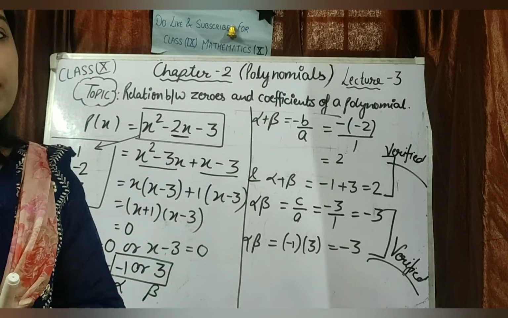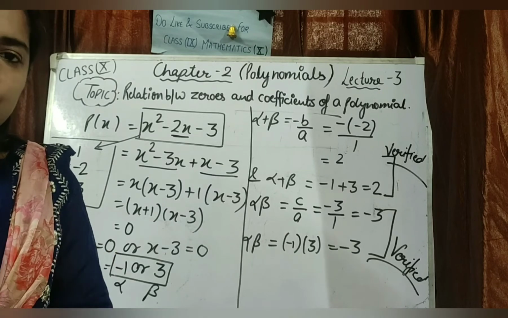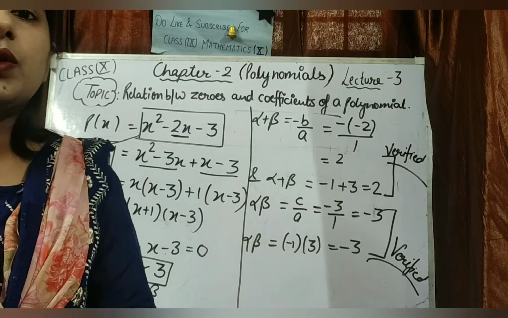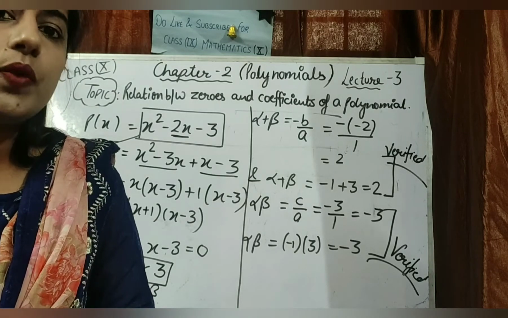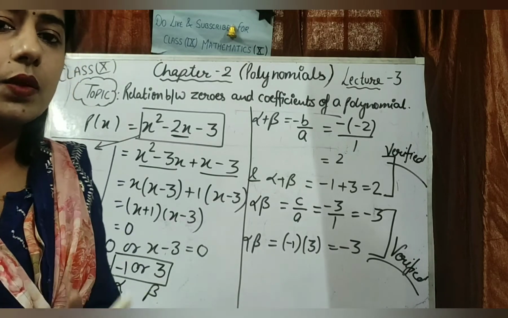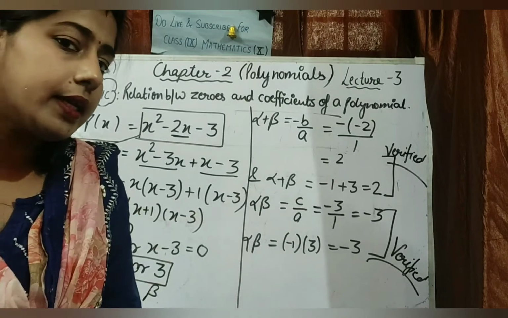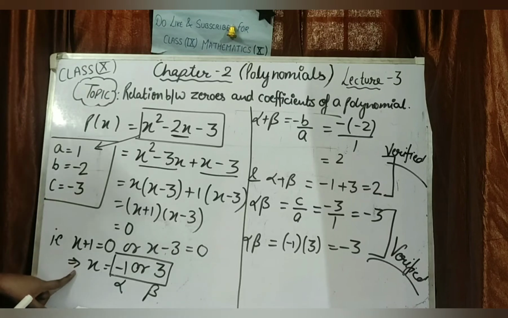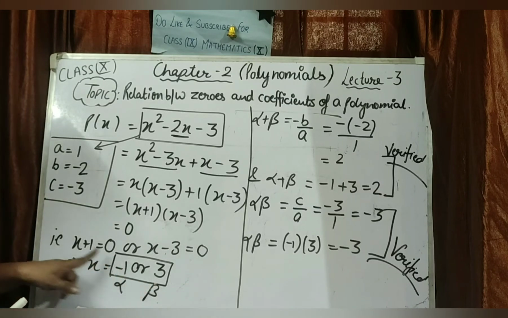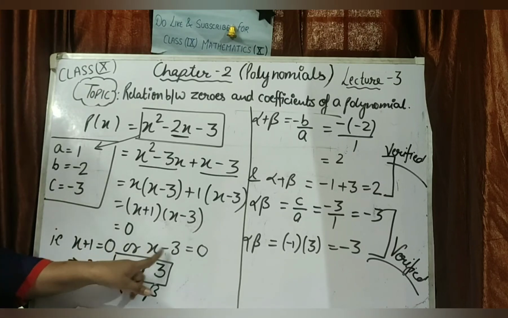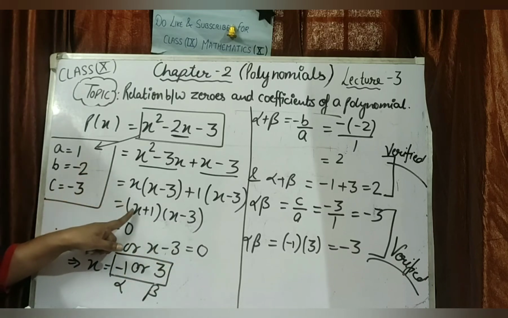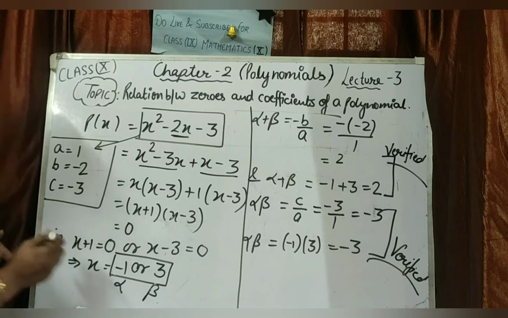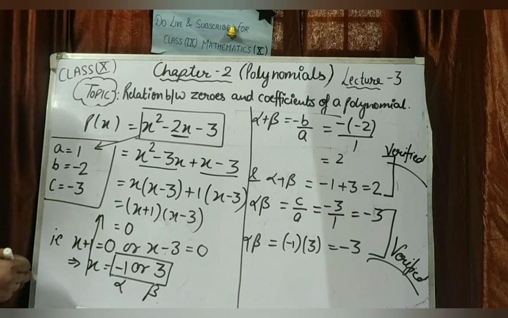Now we have one more equation. Actually, whenever we need to find a quadratic polynomial whose zeros are alpha and beta, we can directly find it by using this equation. So have a look at how we will find that equation. If you are observing, first of all, in these steps I am getting 0. It means x plus 1 is 0 or x minus 3 is 0. Then in reverse, it means x plus 1 and x minus 3 is equal to 0. So just keep these steps in reverse in your mind.